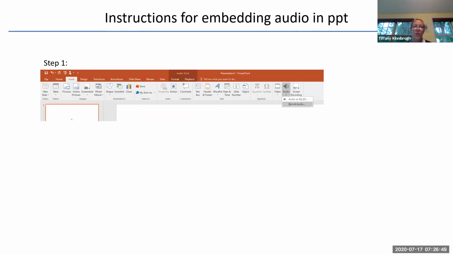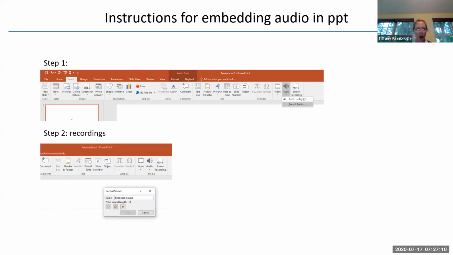So these are the instructions for embedding an audio in a PowerPoint slide. What you're going to do is select the Insert tab that is on your left, and then when you move over to the right, you'll see that there's an audio portion. If you select audio record, a little box will pop up. This box has several options. You can record, you can stop, and you can play. So initially you're going to record your audio,